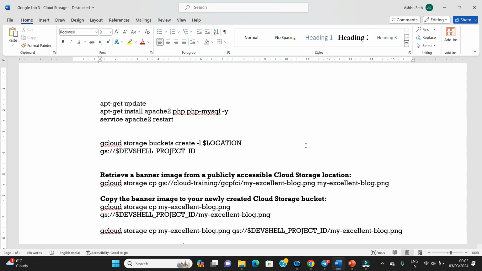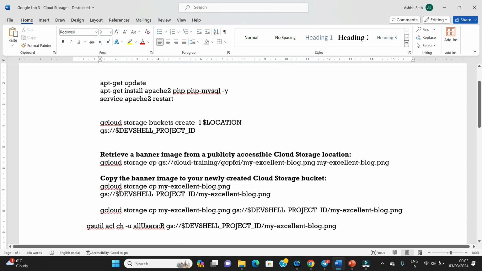So I've just noted all the commands, and we can just copy and paste from there. For example, during the lab, we need to get the image from a public platform. So we have already prepared a command for how to get the image, and then the same image we are going to keep in our cloud storage bucket. So all these commands you can see are to be used.